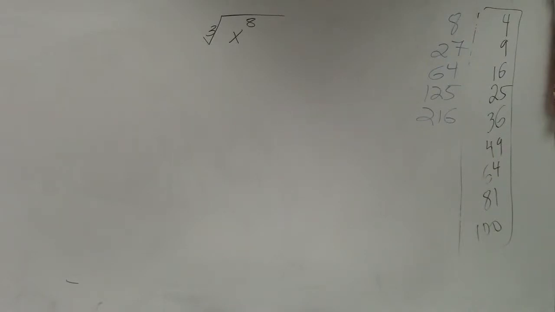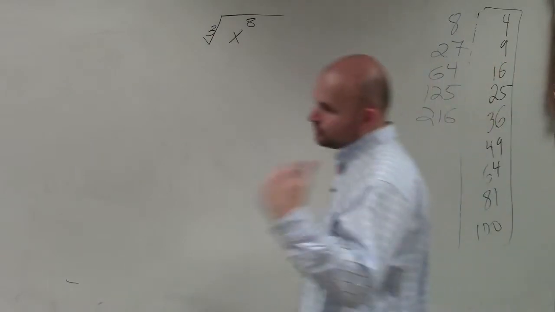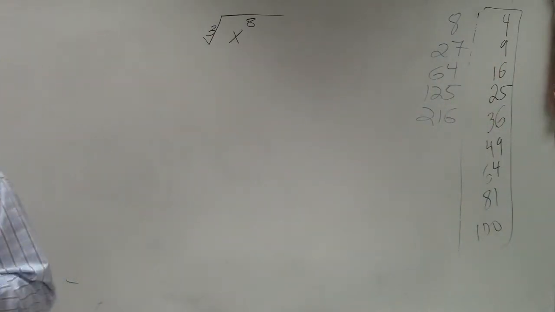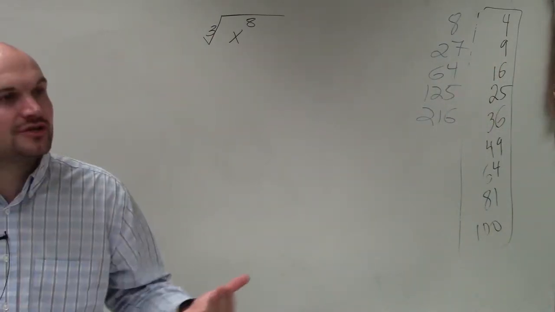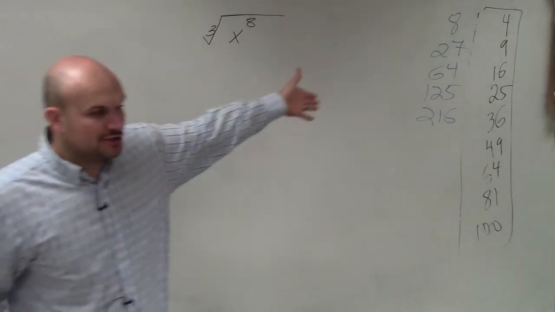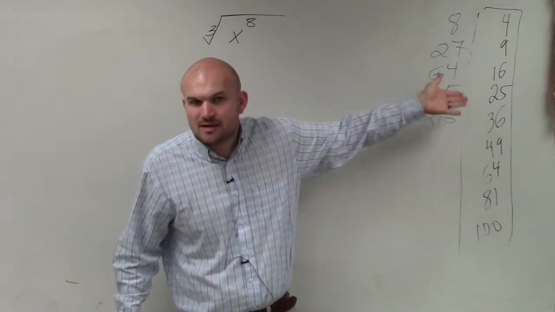If we want to go ahead and take the cube root of a variable. Now, as I mentioned, ladies and gentlemen, when we're taking the square root and the cube roots of numbers, the easiest form that I like to do with square roots and cube roots is to have these numbers written down,